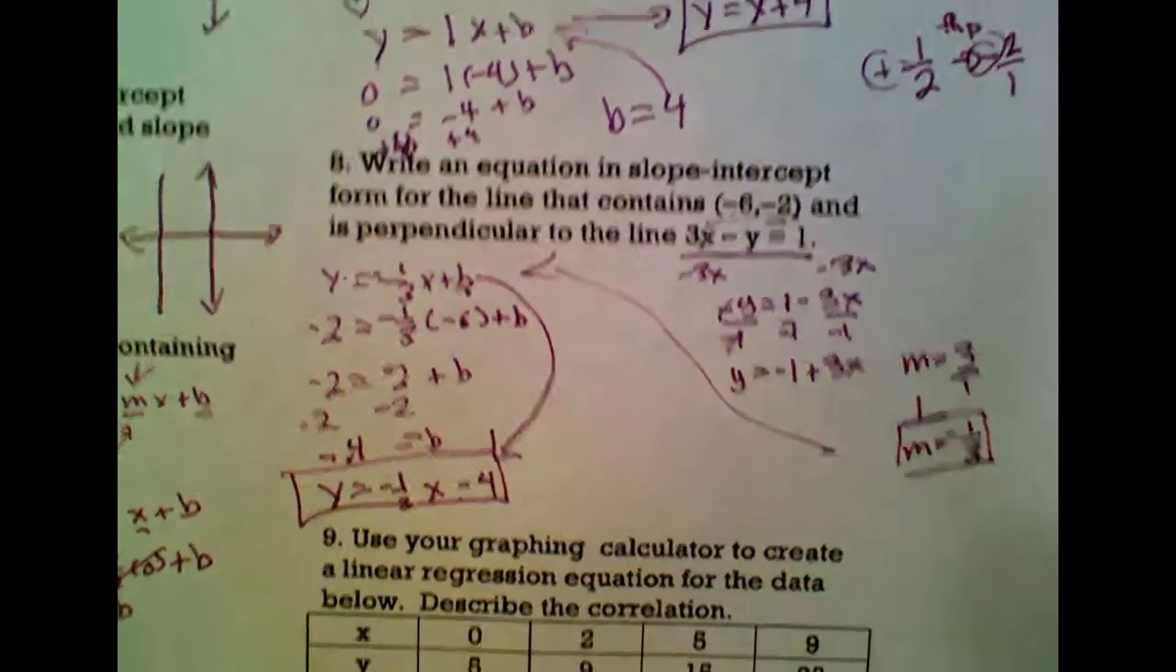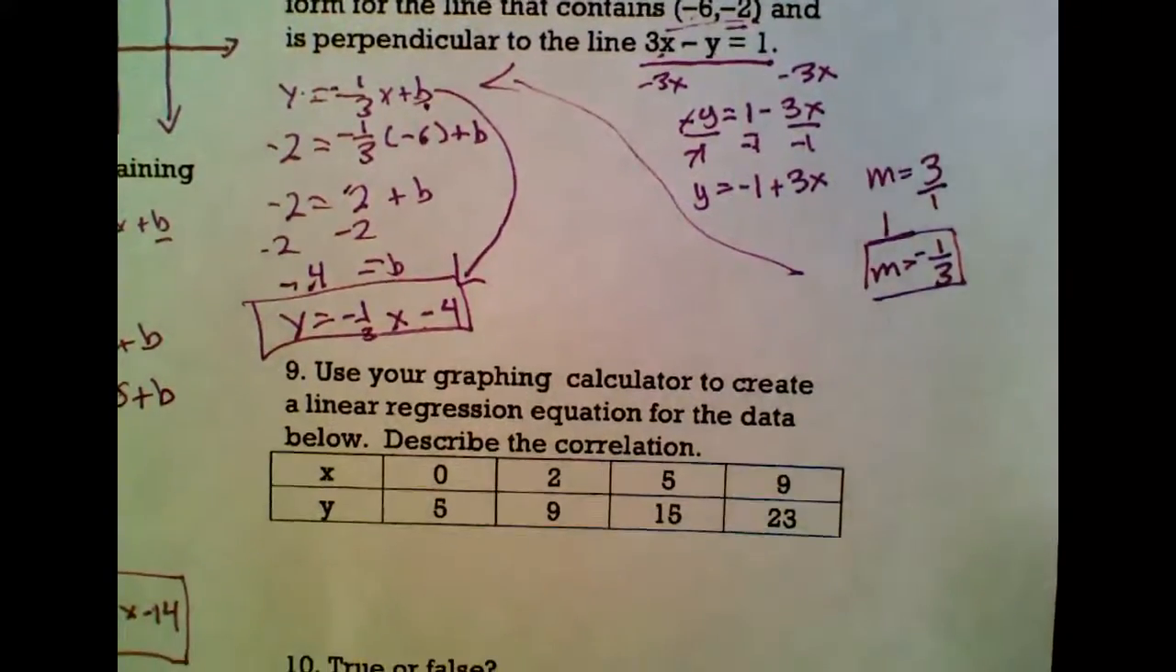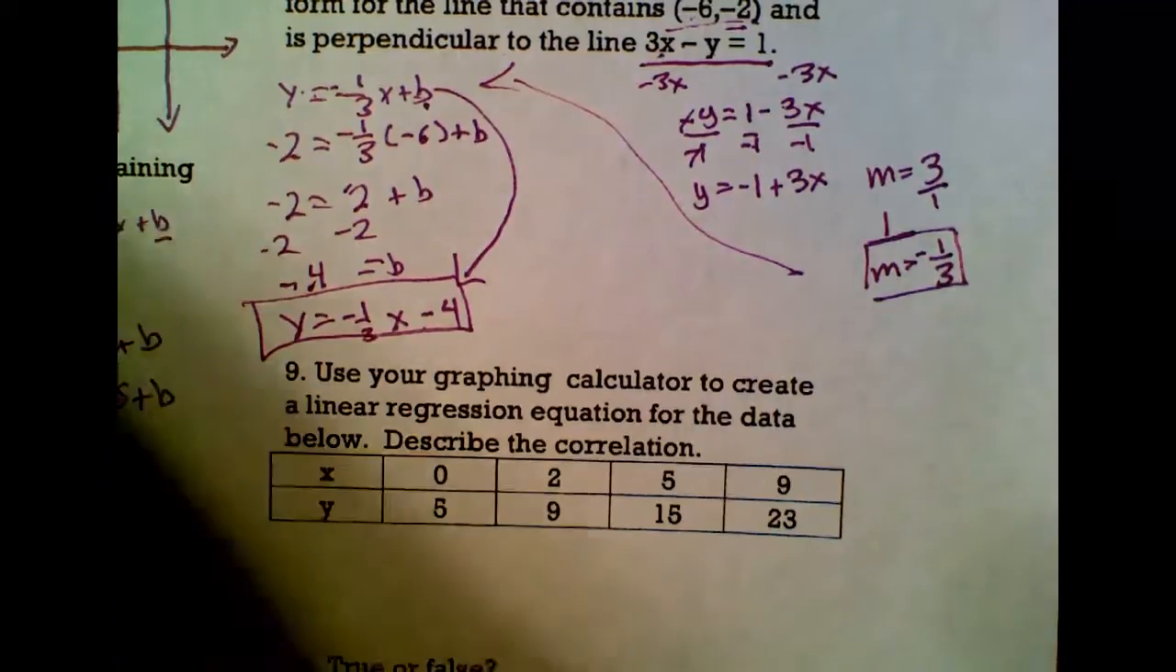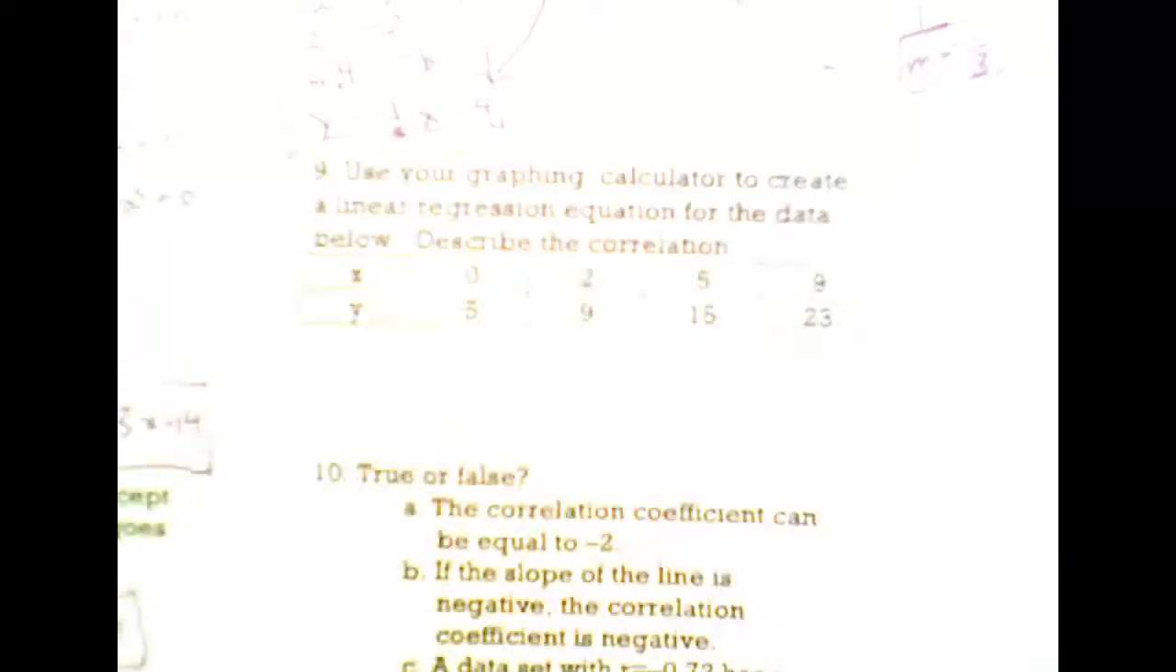Number 9, use your graphing calculator to create a linear regression equation for the data below. Describe the correlation coefficient. Shoot, I need to pause this, and we'll come back. Okay, I'm pausing it. Stop recording. Okay, this next problem asks you to use a graphing calculator to create a linear regression